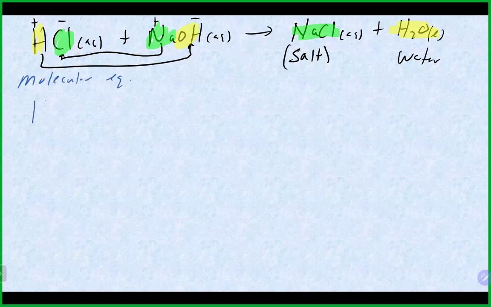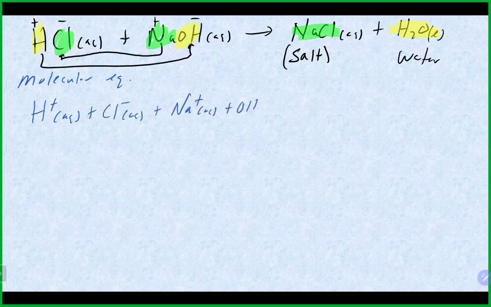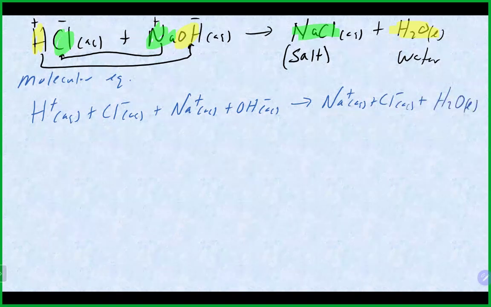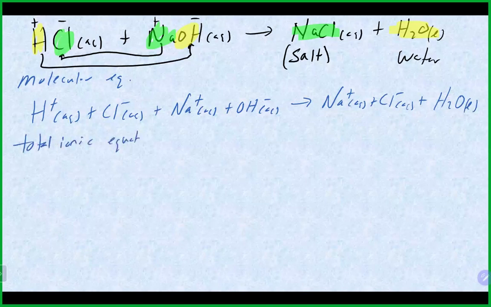we could write H plus, as that is a strong acid. We'll break apart into H plus and Cl minus. Our sodium hydroxide, which is a strong base, will also break apart into its ions. Our salt here will be broken apart. And our water here, which is a pure liquid, will stay together. So this again is our total ionic equation, our complete ionic equation. And again, it really describes what's happening when you dump both of those things, say, into